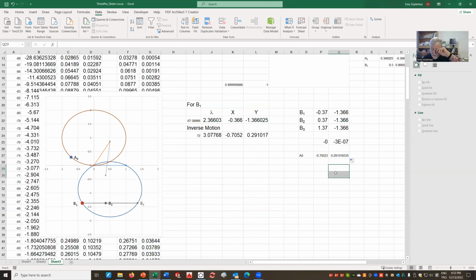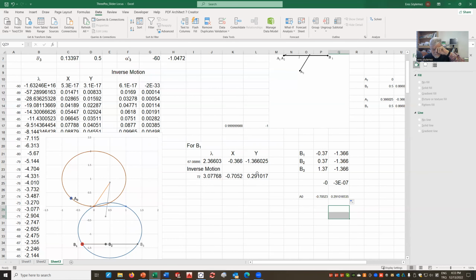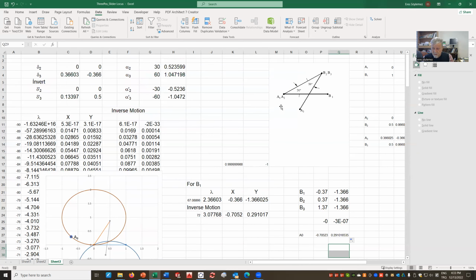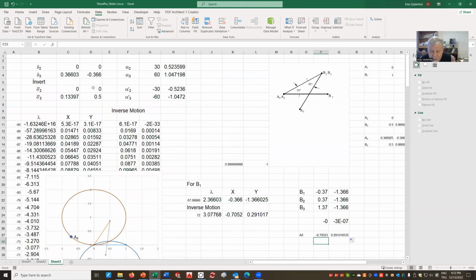Again, for the inverse motion, I have to rotate the z vector. This is the z vector from origin. This point is our origin. I have to rotate it by an angle minus alpha 2 and add delta 2. Now, since delta 2 is 0 in this case, all I have to do is